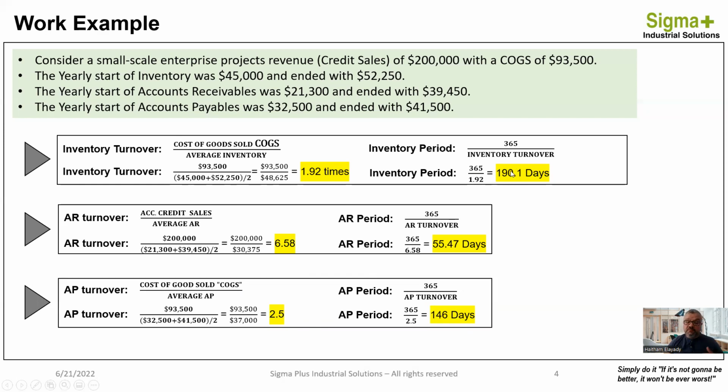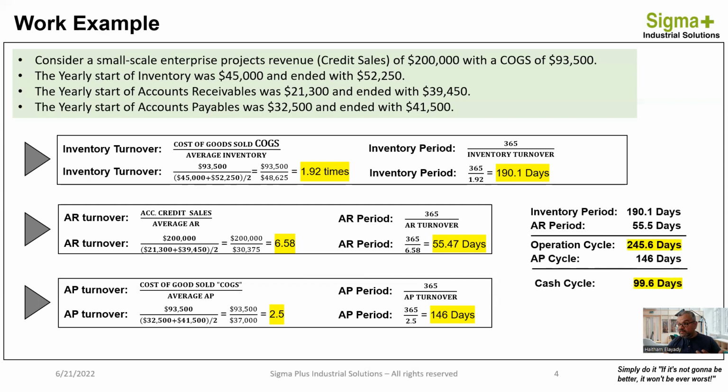Okay, so the first comment that we can highlight here is about the inventory period, and that, in my opinion, could be the bottleneck to improve the cash cycle. And this is what we are going to learn in the next slide. But before that, we can calculate now the